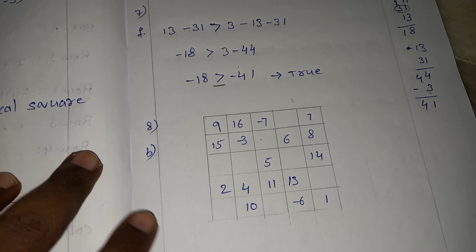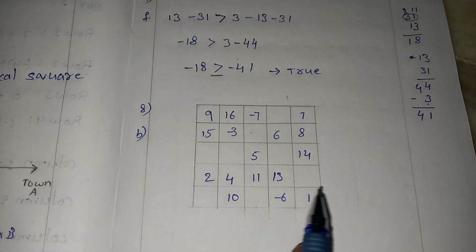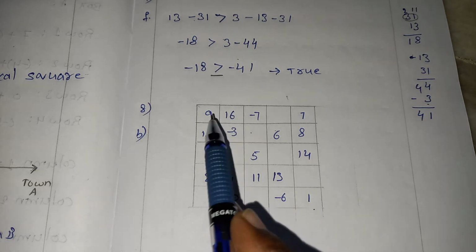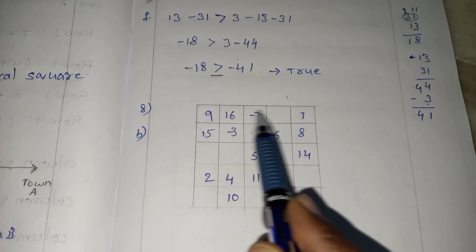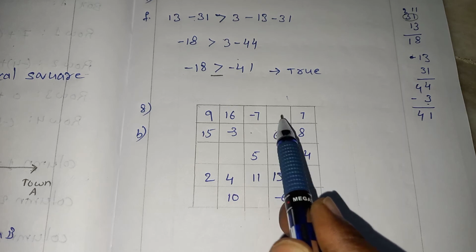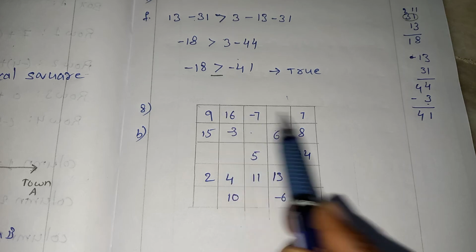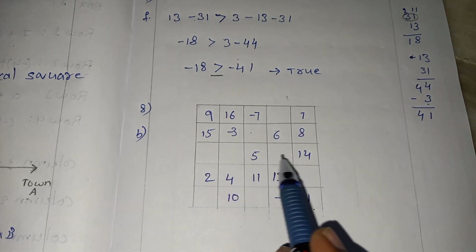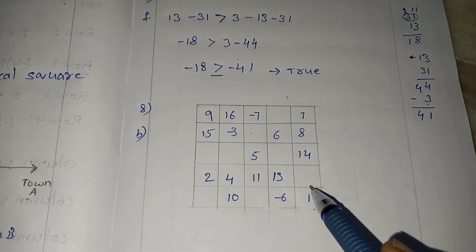So how do we understand a missing number? We have a clue called magic square. Magic square means all the sums will be the same. All the column sums and all the row sums will be the same. To write the missing number, we have to use the same sum. Here one number is missing. If we know the sum, we can find it. But in this row three numbers are missing, and in this column one number is missing. How do we understand?